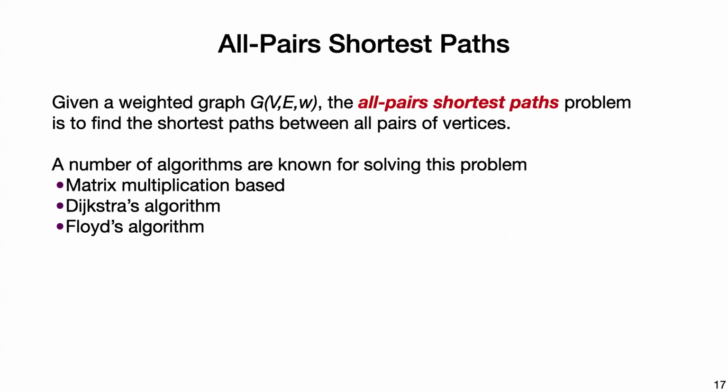Okay. So the last algorithm that we're going to do is all pairs shortest paths. All pairs shortest paths is related to SSSP, because with SSSP you had to pick the source vertex and then grow the shortest paths from there. But with all pairs shortest paths, you want the shortest paths between all pairs of vertices. So one easy way to do that would be to just run Dijkstra's algorithm from every source vertex. Another way we can do it is a matrix multiplication based formulation. And there's also Floyd's algorithm, which is based on dynamic programming.